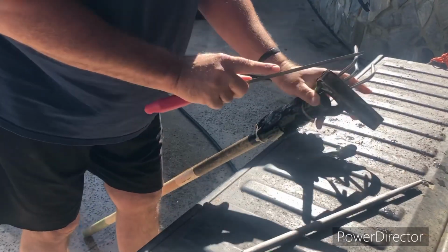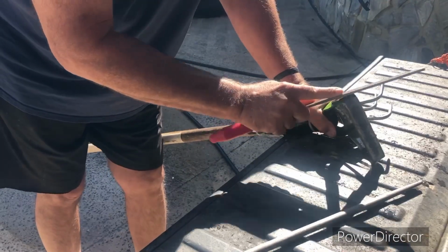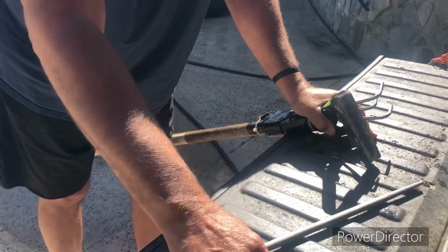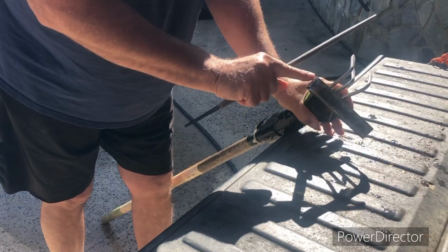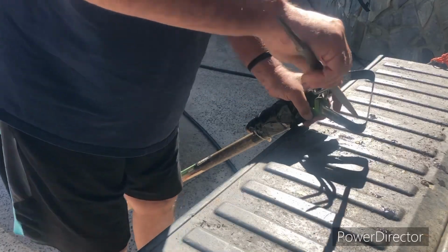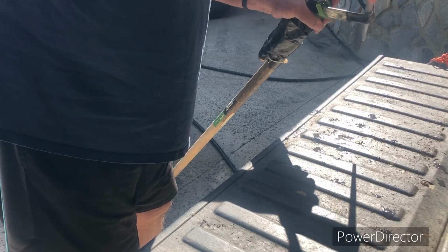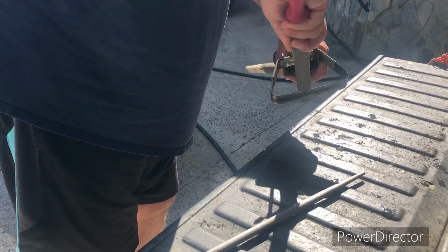Now it's important then to hit these side edges as well, because earlier in the video you saw where we used these corners, and that's what this round file is for. Not so much on the outside, you'll just take the flat and work around, but on these inside corners you can take this round file and work it just to help set a little bit of edge. We'll also come in here on this side with the flat file,